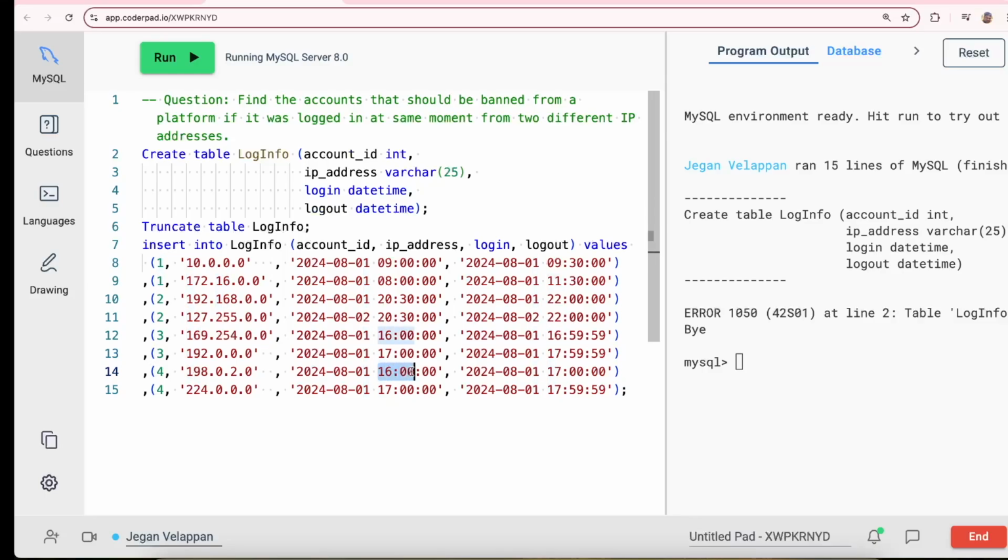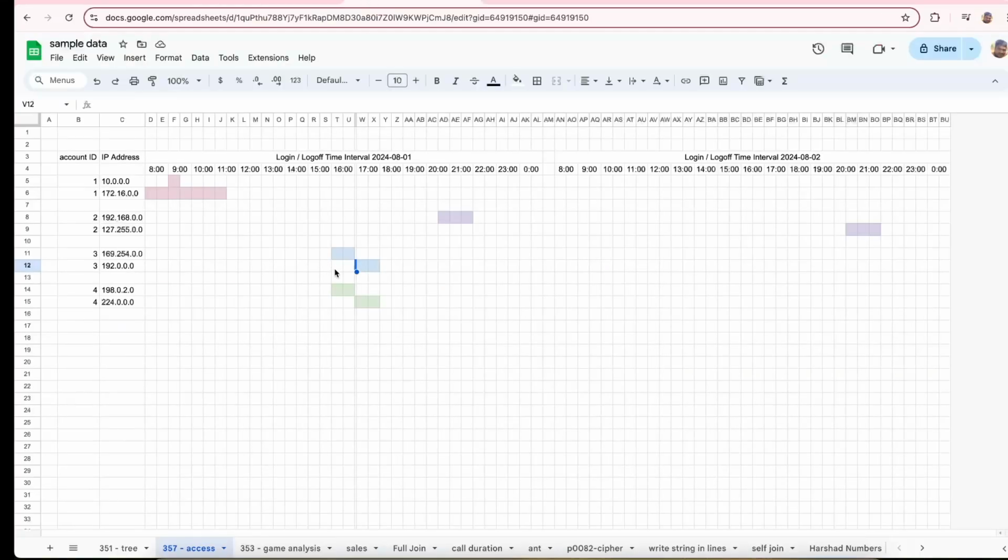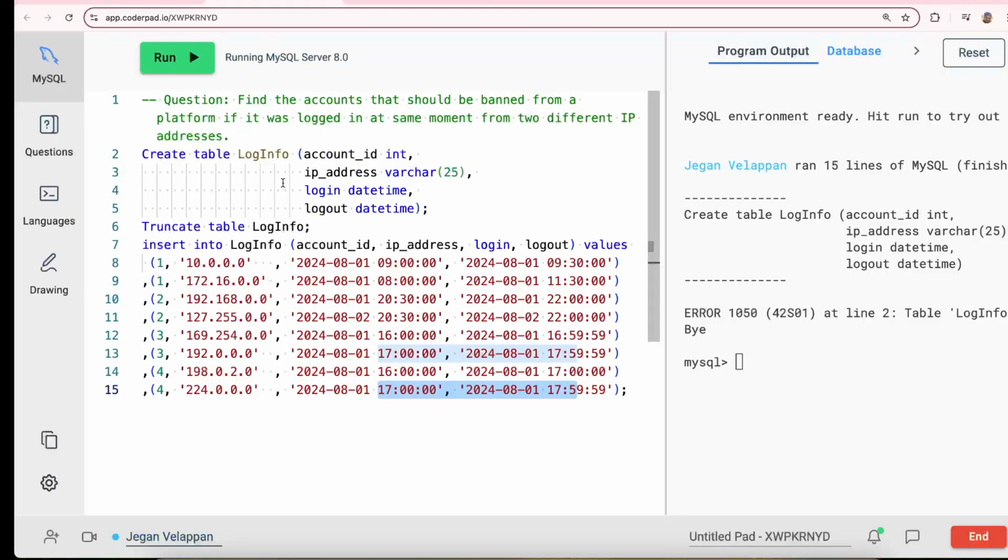We see the fourth one, it's 16:00 to 17:00 and 17:00 to 17:59. So the overlap is at 17:00, the exact time. They logged in and logged out, and logged in and logged out from a different IP address. So that too is considered an account takeover. So what we have to do is,